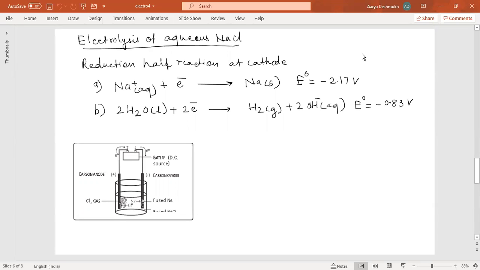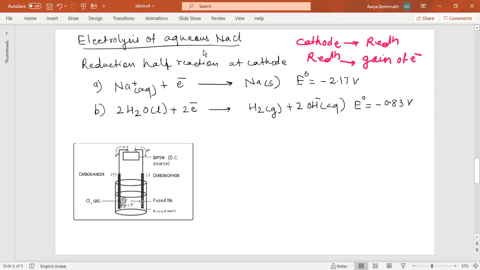So the role of water is important when you are talking about the aqueous solution of an electrolyte. Now the reduction will remain the same. Instead of molten NaCl, there will be a solution of NaCl. Now the reduction half reaction at the cathode, as I told earlier also, at the cathode there will be reduction, and reduction is nothing but a gain of electrons. You always remember this, that will be easier for you to understand the concept.